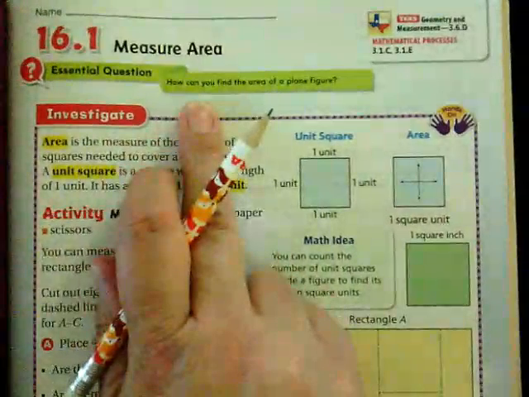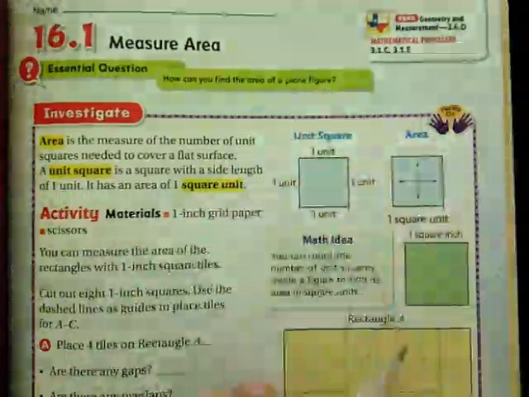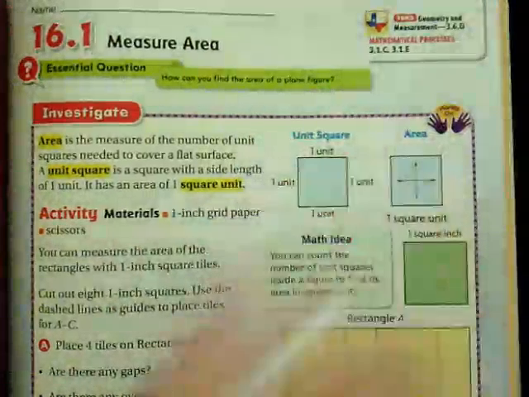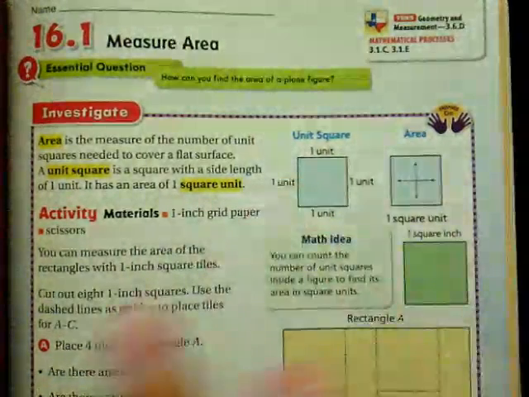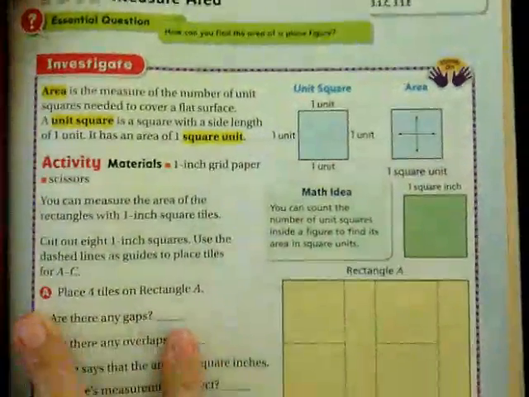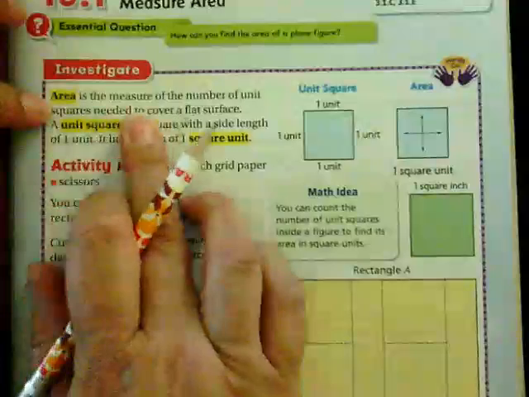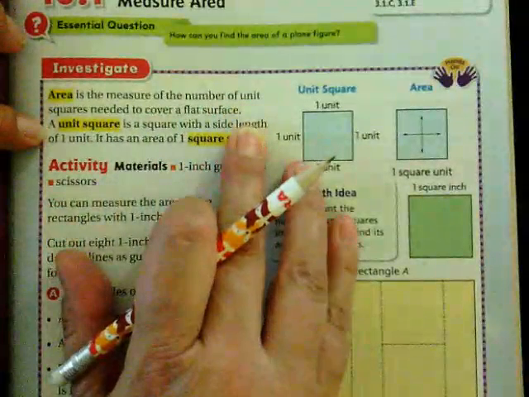Today we're going to investigate how we can find the area of a plane figure. When they say plane figure, they mean a two-dimensional figure. How can we find the area of a two-dimensional figure like a square or a rectangle or a triangle? How are we going to find the area? So let's investigate. It says area is the measure of the number of unit squares needed to cover a flat